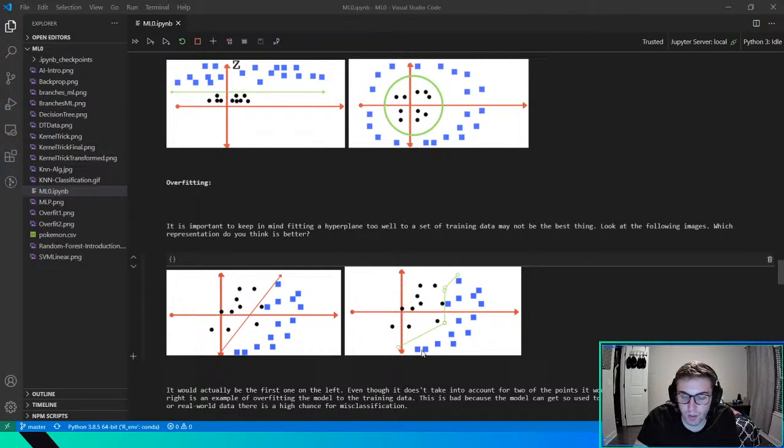However, if you look at this one, it fits it perfectly. However, it makes really no sense, right? If you were trying to model it yourself, you probably just put a linear line. So overfitting is the idea that your model's creating too complex a relationship, resulting from it learning your training data and not learning the relationship.